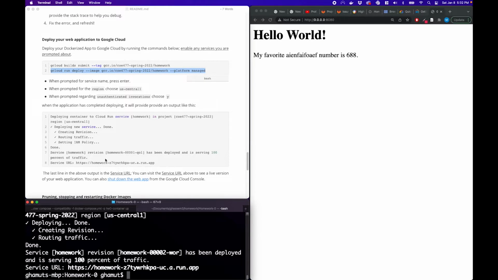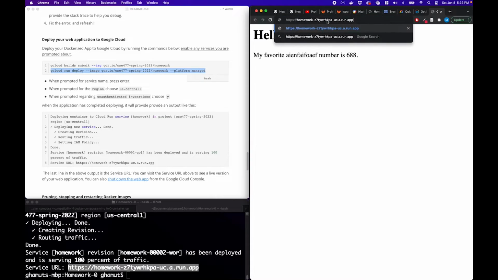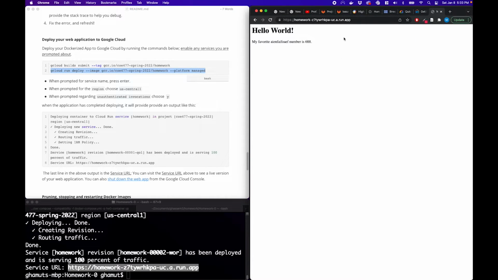Okay, and that's it. The last thing this spits out is a service URL. This is the location of your live web application. So you see this 0.0.0.0:8080. This is only available on your local machine. But if I come here and paste this one in, it's the same application, right? If I gave this address to your friend or a family member, they could see your web application running